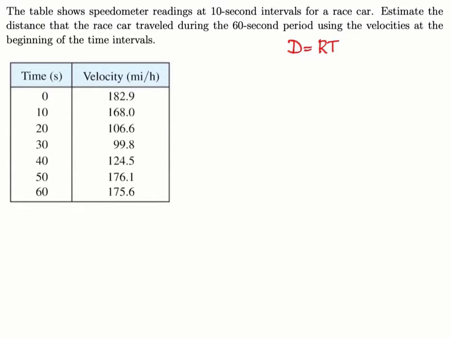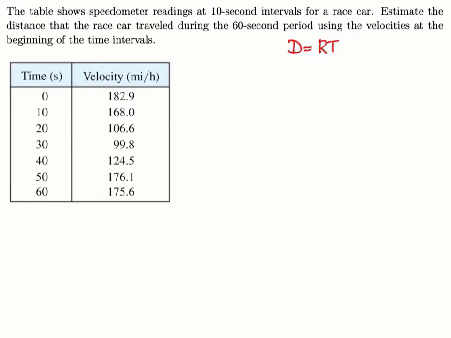If I go at a constant rate of 50 miles per hour for 2 hours, that means I've traveled 100 miles during that time. But rarely do we go a constant speed, right? So that formula works only when you have a constant rate. So what we're going to do in this problem is use those 10-second intervals and use the speedometer readings at the very beginning of each interval